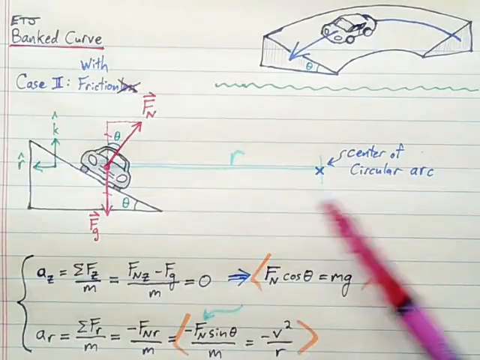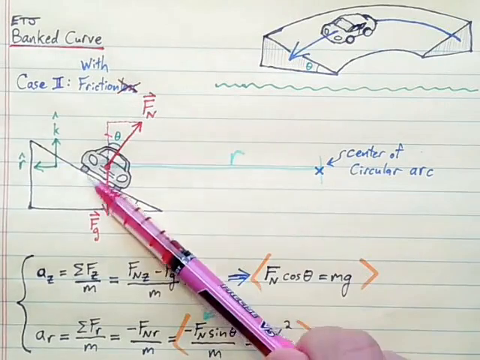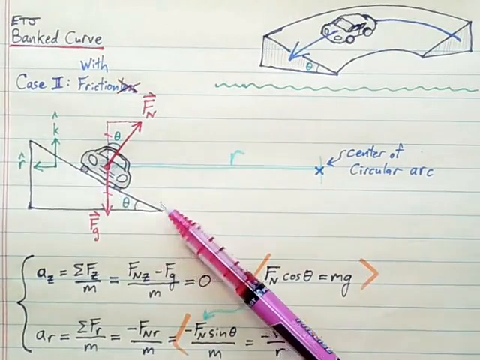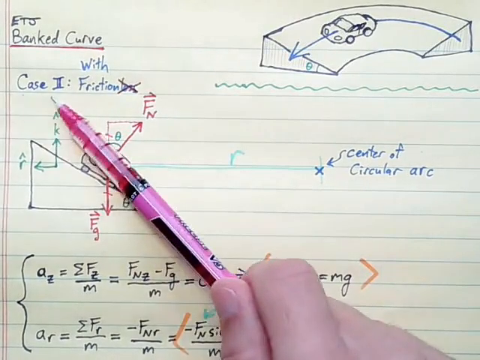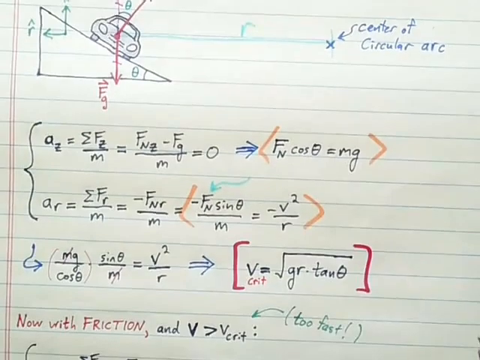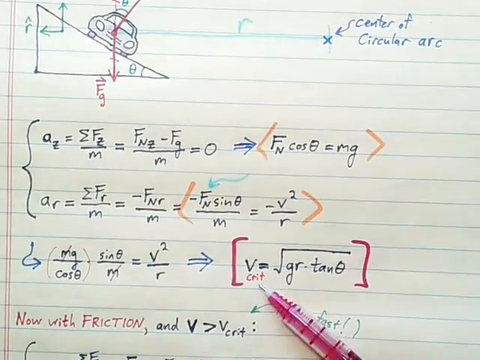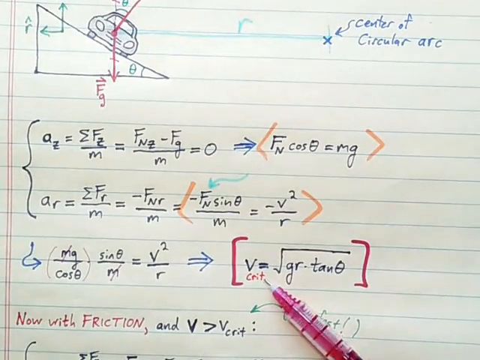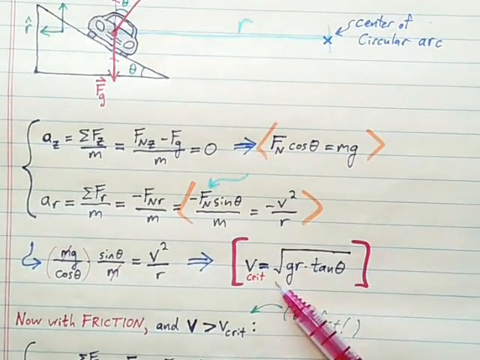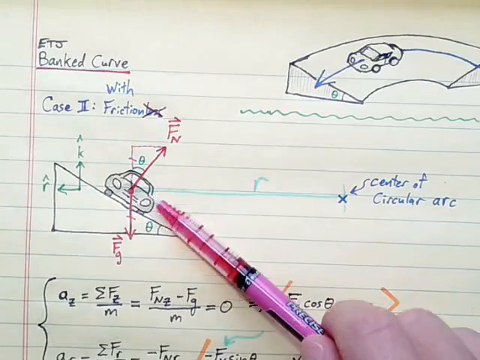Realistically, there will, of course, be friction between your tires and the road surface. And so here now let's consider case two. What happens if you take the turn at a speed greater than the critical speed here? This is the one and only one speed at which friction won't play a role, but if you try to